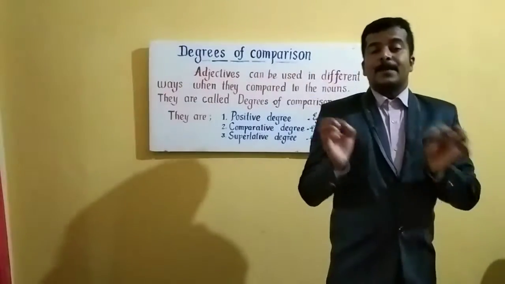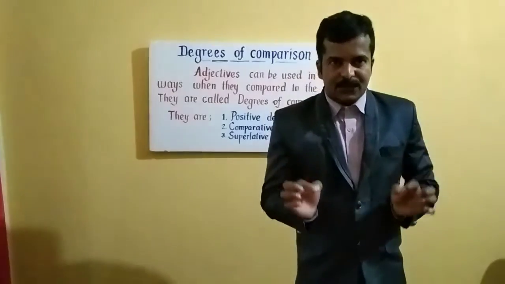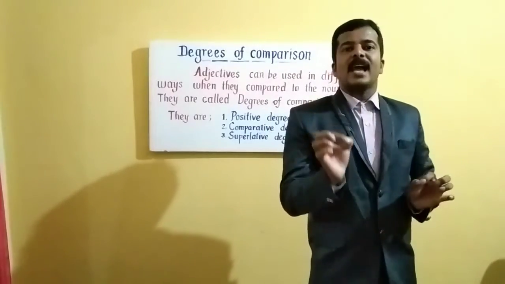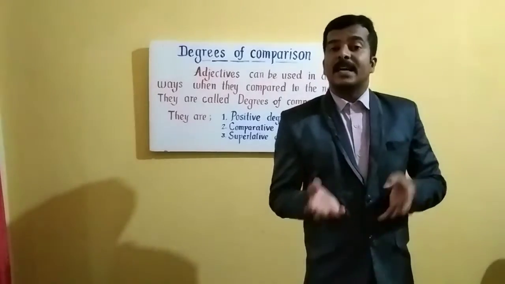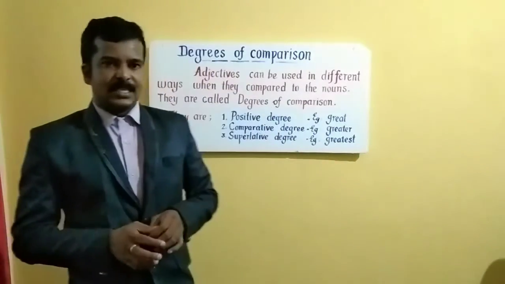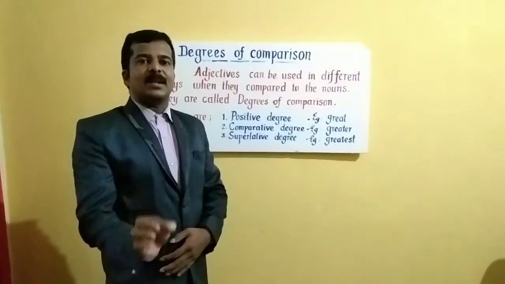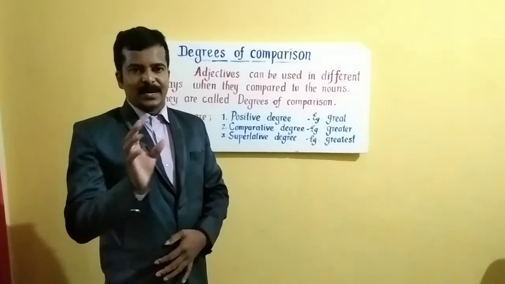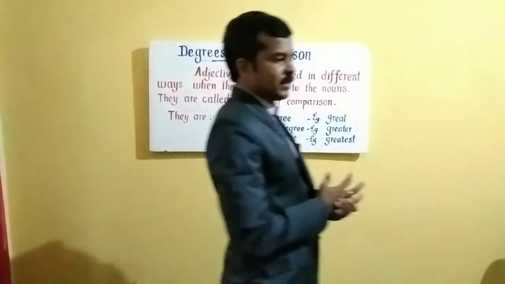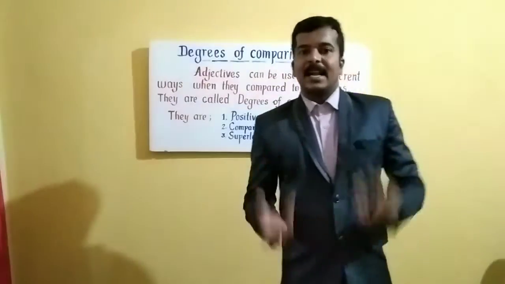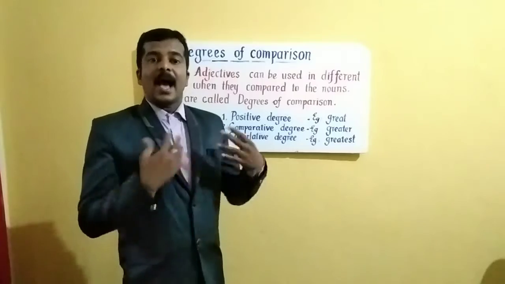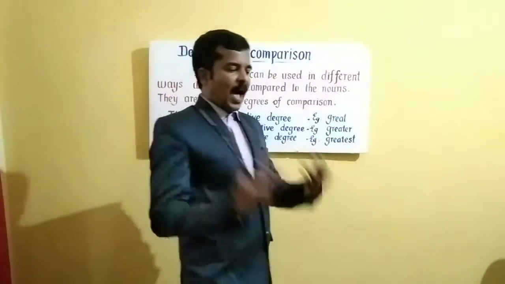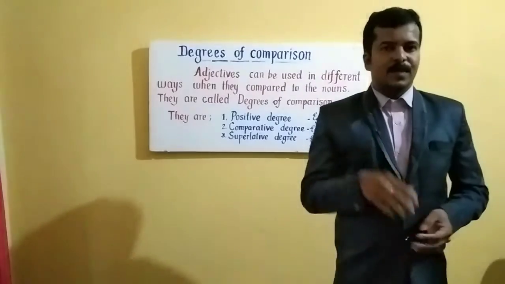If we want to write the comparative and superlative adjective from the positive adjective, just add er to get the comparative degree, and est to get the superlative form of the adjective. And this rule is applicable only for adjectives with one syllable. Hope you understand. I shall tell you a few more examples like large, larger, largest. In the same manner, long, longer, longest, happy, happier, happiest, high, higher, highest. These are some of the examples.